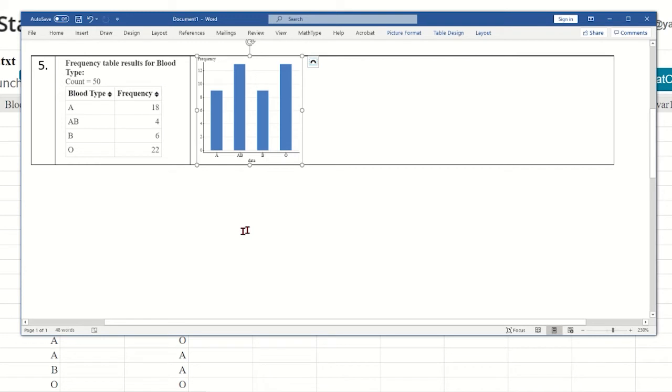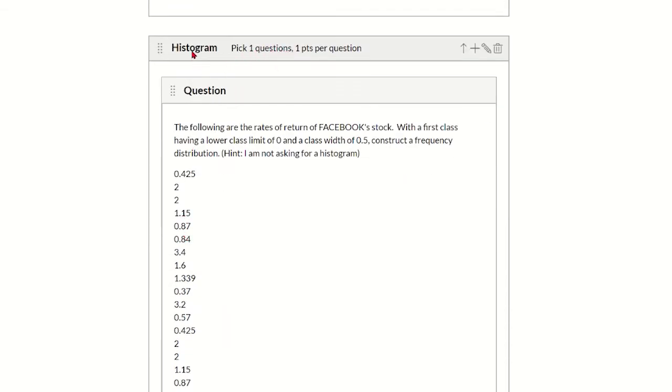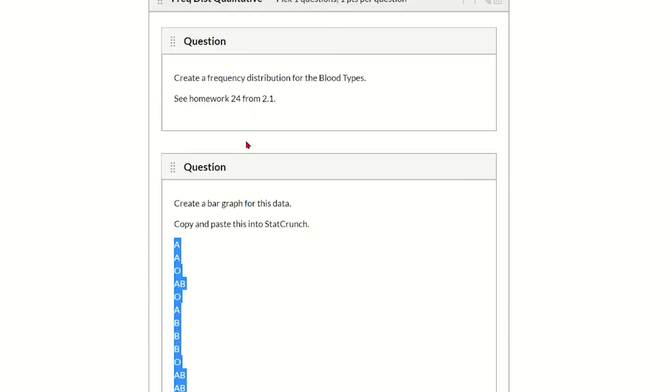So in this one, A has 18, but on this one, A only has 9. See the differences? Different data. Alright, that's number 5. Number 6 is a histogram. So here we have Facebook's. By the way, let me see this one. Which one is which? So this is